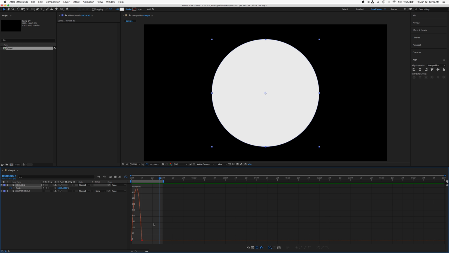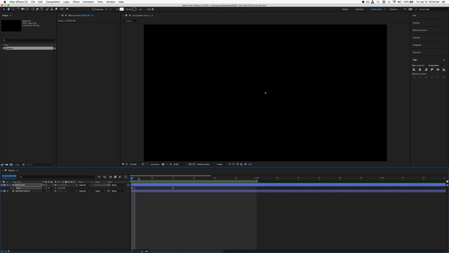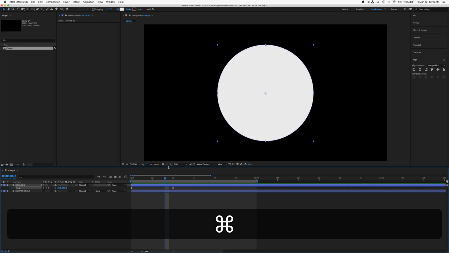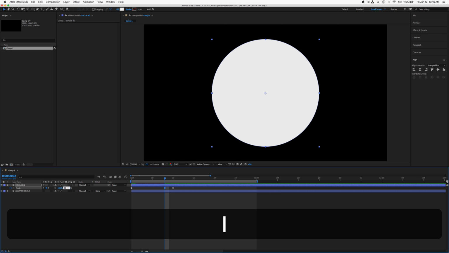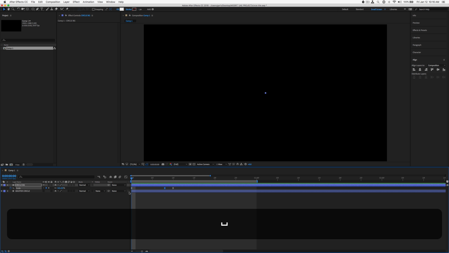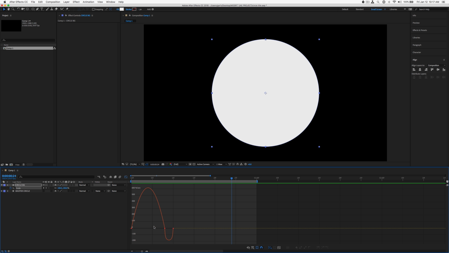Open up our graph here. Actually, you know what? Maybe we should have it overshoot a little bit. So we'll pop on maybe go there. We'll make another keyframe. So this keyframe here, maybe we'll overshoot that percentage by 10%. So we'll go. There we go. Now let's go into the speed graph editor